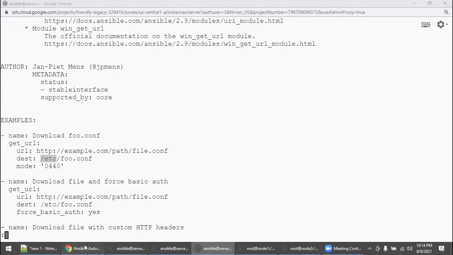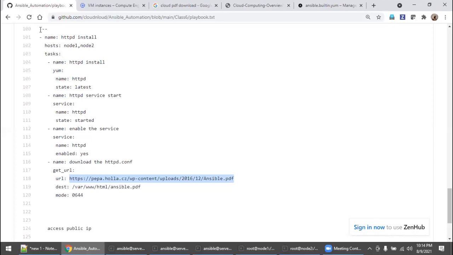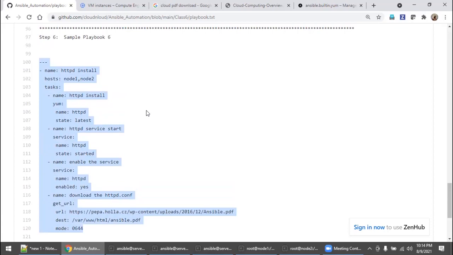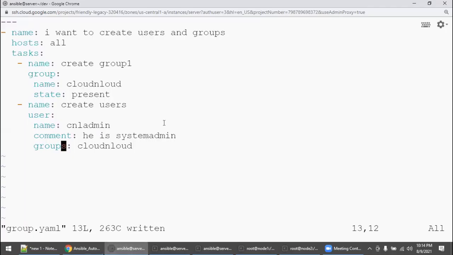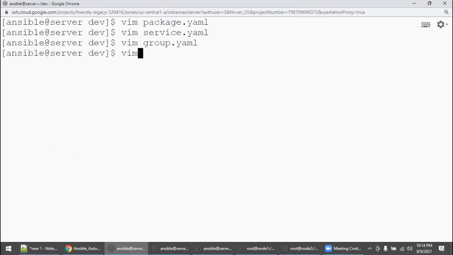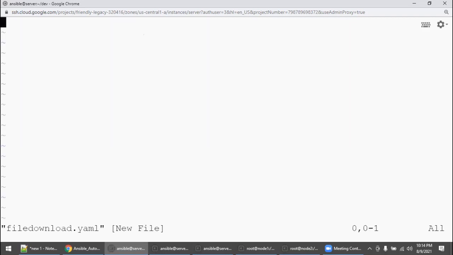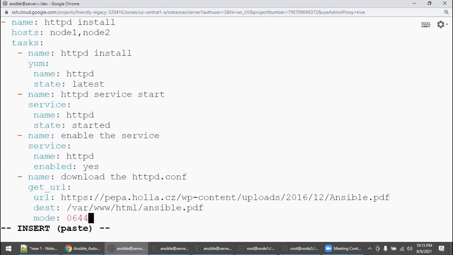So let's go to here. We are going to add this, copy this, go here. I'm going to come out of this vim, say file download.yaml, enter. As I said, if you want to copy paste, first say :set paste, enter, then go to insert mode and paste it.